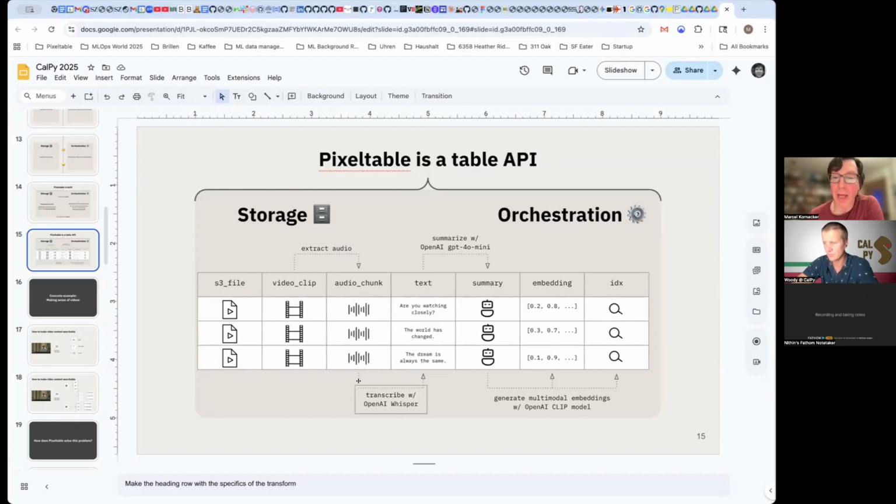And you can now also add more computation, such as transcription of the audio into text using a particular model, such as Whisper. Now you have a bunch of text, and you might want to summarize it with another model. So here you have a computed column for the summary and so forth. And then obviously you can take the summary and run it through another model that outputs embeddings and so forth. So basically, you have data organized into a table, and a whole bunch of computations and transformations happening on that data, and it is all expressible in this table API.